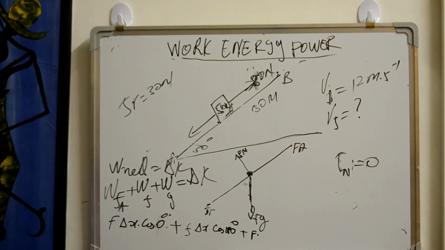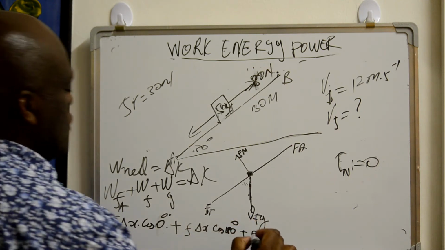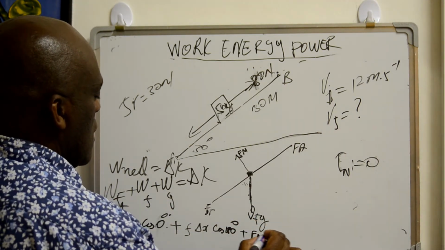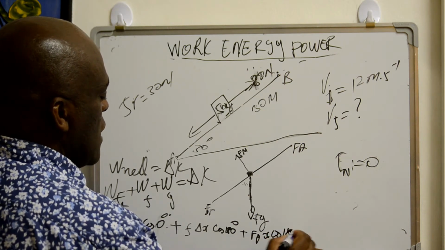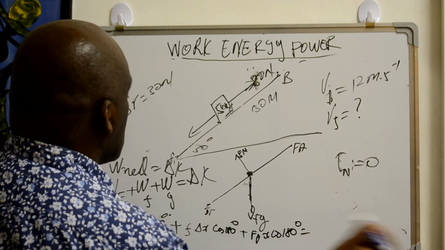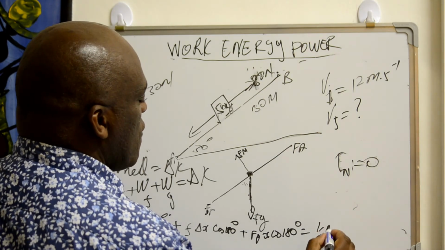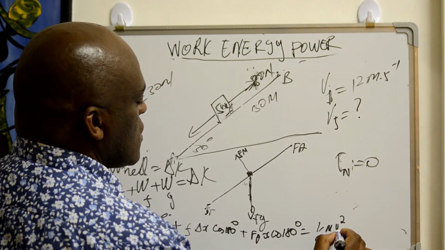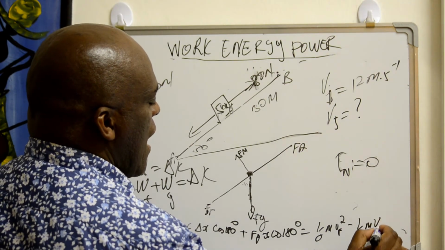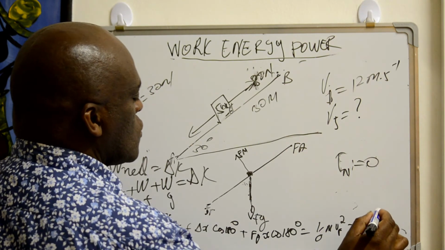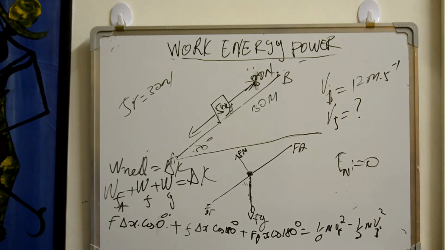Work done by gravity is Fg delta X cos 180 degrees, which is equal to the change in kinetic energy, which is half m Vf squared minus half m Vi squared. So a point that I want to make is this: